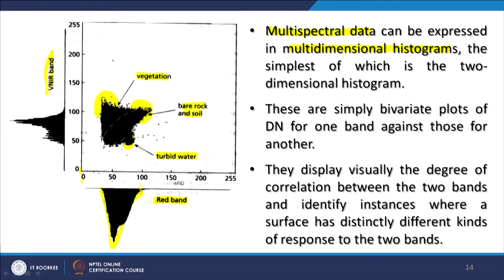Here one is a visible band, one is an infrared band, and of course things are completely different in these two. So, this will allow you to identify different surfaces, as I have just discussed, vegetation, bare rock, soil and turbid water, by looking at these two bands' histograms.